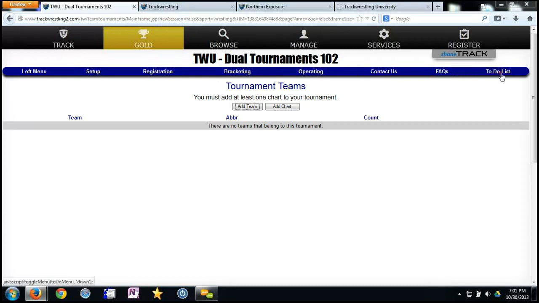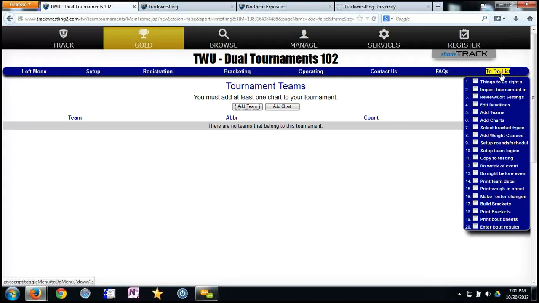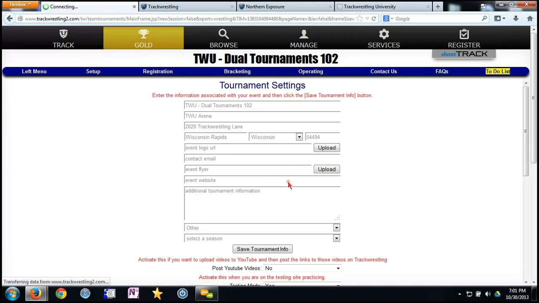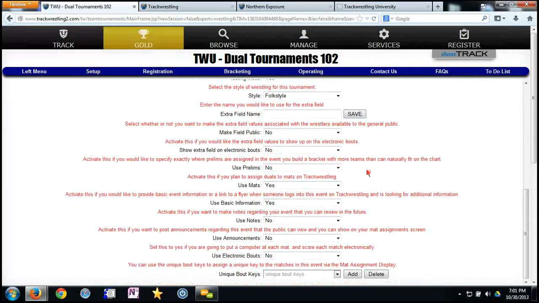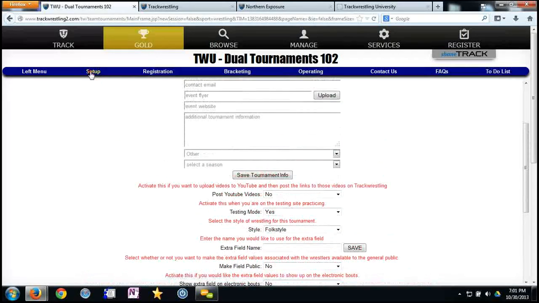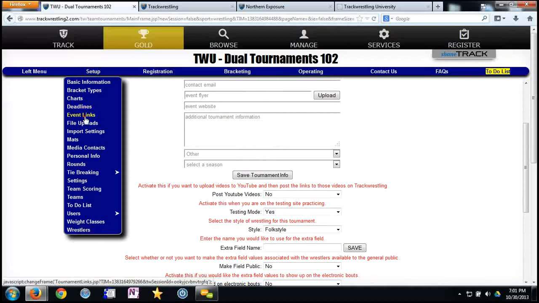The to-do list is actually going to be the same as if you were just using one chart, or obviously what we used in our last course. You probably have imported some settings, and I'm going to import again tonight just a couple of things to speed up the process. But I do want to touch on deadlines. You also would have gone through your settings. If we go to Setup and Settings, there are not a lot of settings in dual tournaments, some pretty basic ones. The same thing applies here as in other tournaments. If you're not seeing something in the menu, a lot of times it's because the flag hasn't been flipped here. In deadlines, though, if I click deadlines,